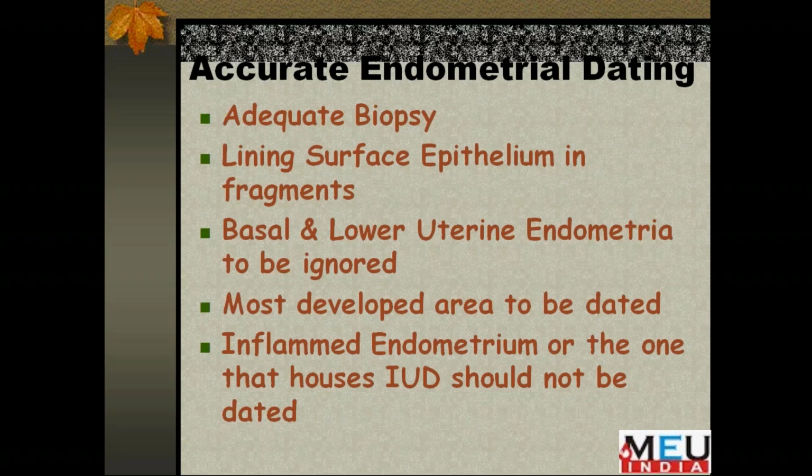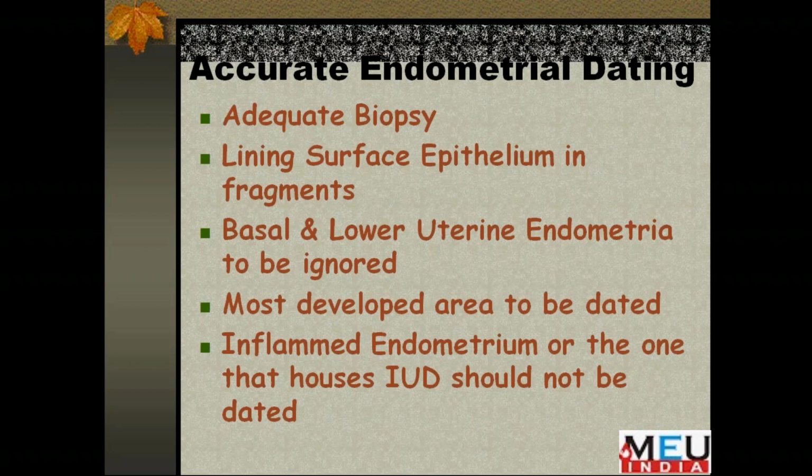The inflamed endometrium, or the one that houses an intrauterine device, should not be dated. If we find some inflammation, that area may be ignored, provided we have a sufficient number of glands to do a